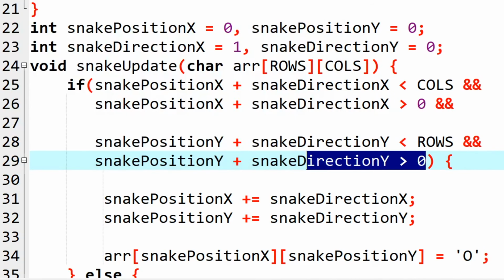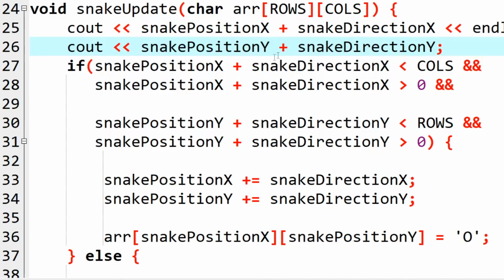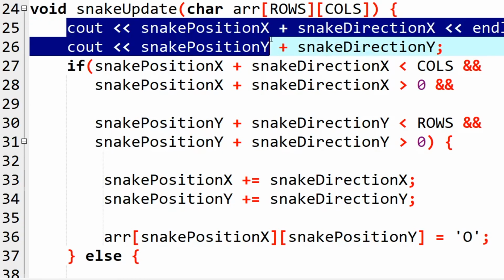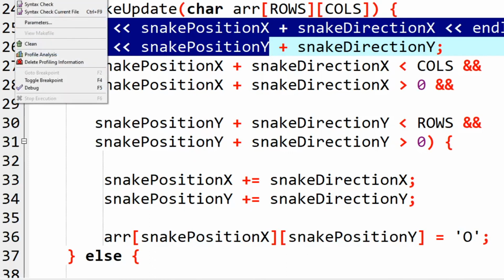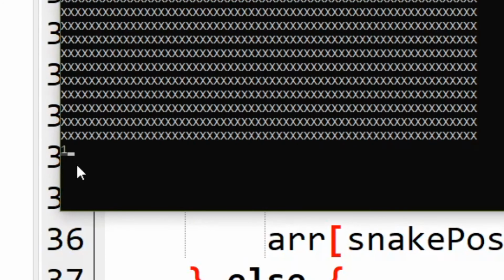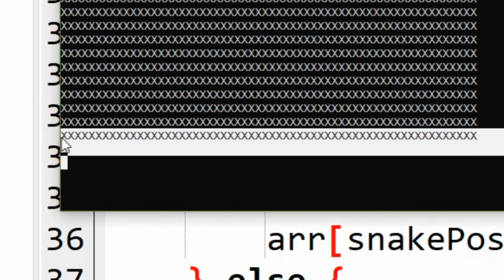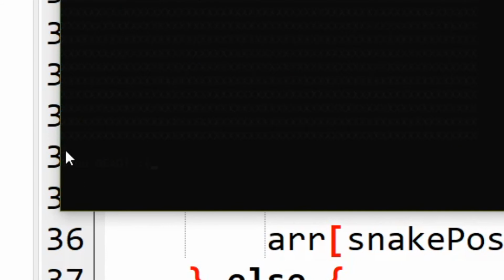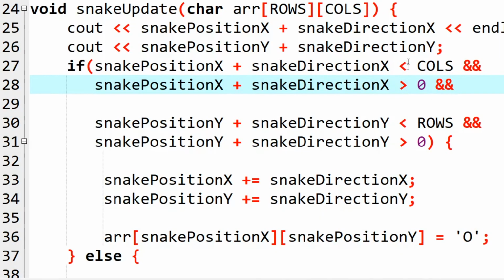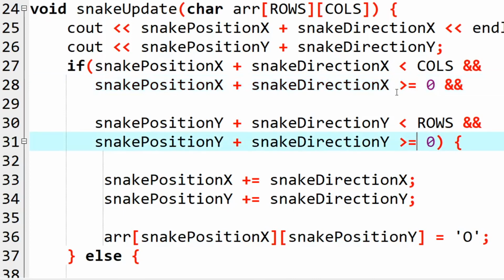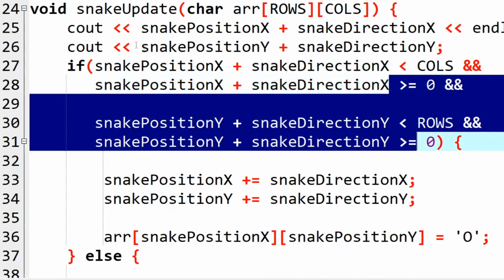It does not. Okay, a common method to identify errors is to display the values of the variables. So I'm going to display the values here. And what's happening is that the y position is on 0 and the x position is on 1. This condition is not going to run because I am saying that it should be greater than 0. It is not greater than 0. It should be greater than or equal to 0. I can stay on the 0th index of the array, right? So this needs to happen, and it is totally my mistake.